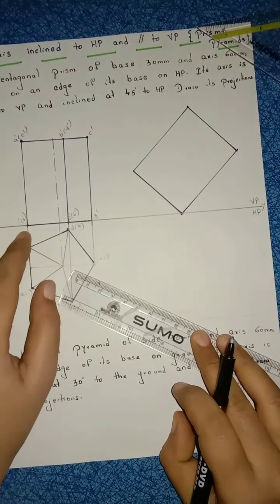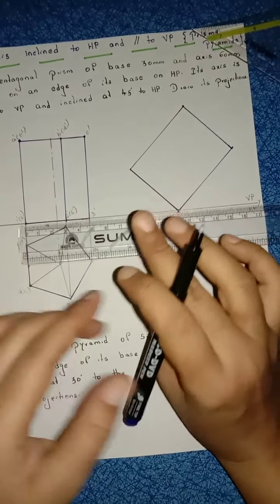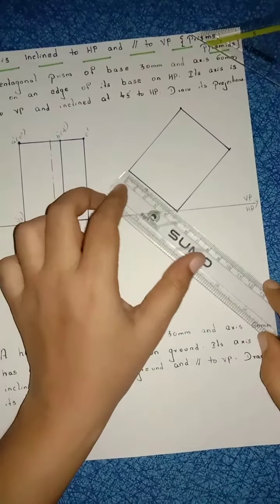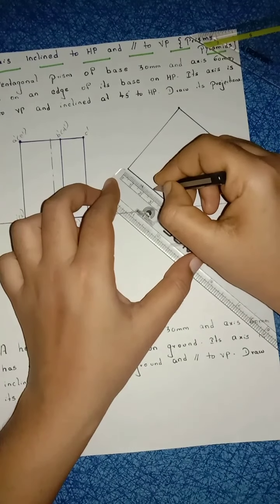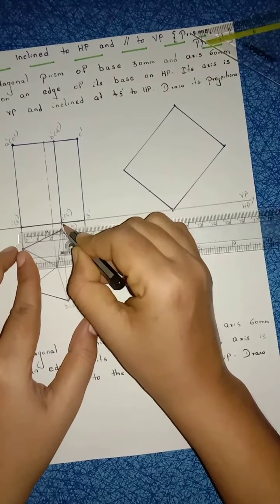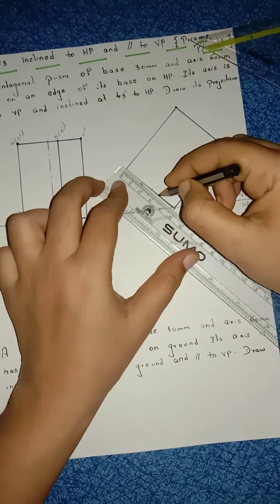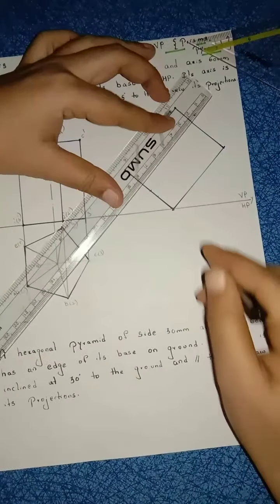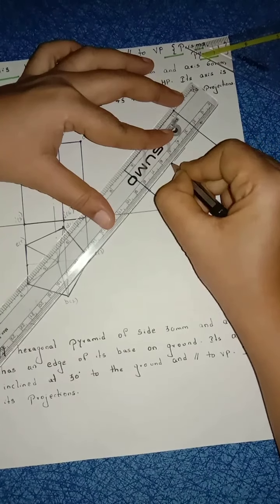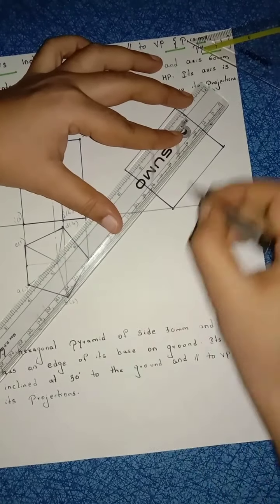Right, now from the first point to this axis line, how much is the distance? Measure with a scale or with your compass, whatever it is, right? Now mark the same distance here. Same distance mark here, right? Then next, from the first point to this second line, 2 dash of 4 dash, measure this length. Now mark here, right? Now from that point, draw the axis line. The axis line should be dash dot, right? Then next draw that line.